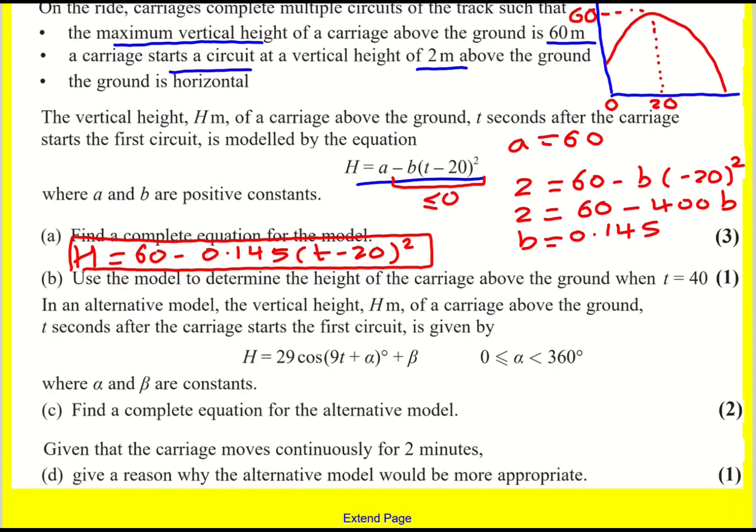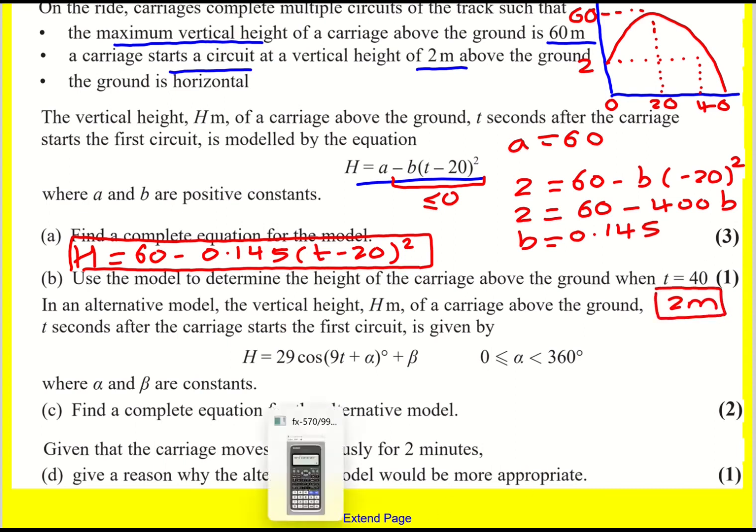Use the model to determine the height of the carriage above the ground when t is equal to 40. Now there's a really quick way of doing this one, and it's to spot that the line of symmetry for this quadratic is at t equals 20, and 40 is exactly the same distance away from 20 as 0 is. So we're going to hit 2 meters at 0 and at 40. 2 meters is the height here. If you don't spot that, then don't worry. You can just substitute